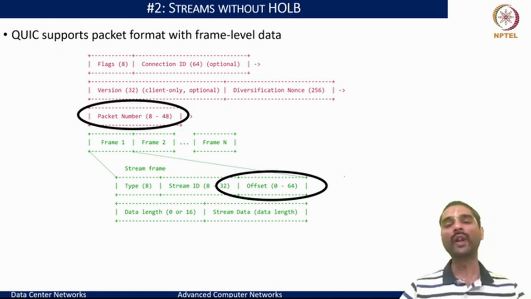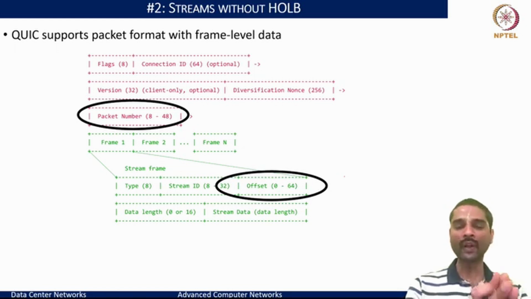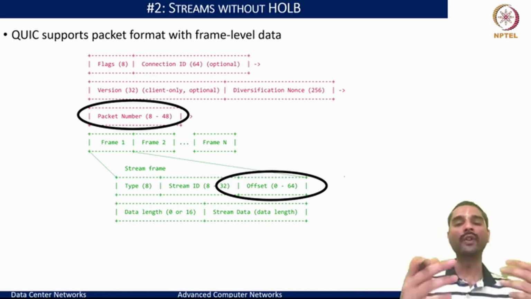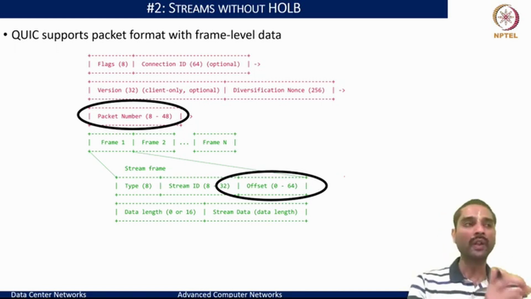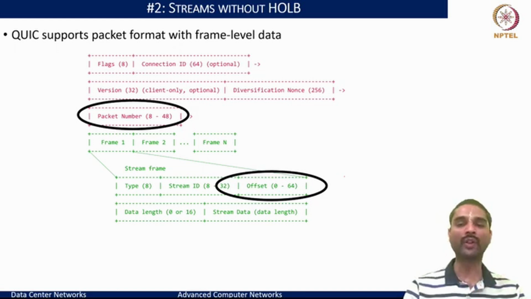So now if we decouple this information, say we build the protocol with a packet data structure where we isolate the packet number, and this packet number essentially refers to the stream of connections that are happening over QUIC. And within this, I may support multiple frames. What this means is I may send multiple packets, 1 to n, and within each packet, I may have packet 1 correspond to one frame's data, packet 2 correspond to another frame's data, and likewise. And within each frame, I want the sequence numbering. That means the offset information that is highlighted here would correspond to the actual sequence of bytes that you would need for a kind of object.